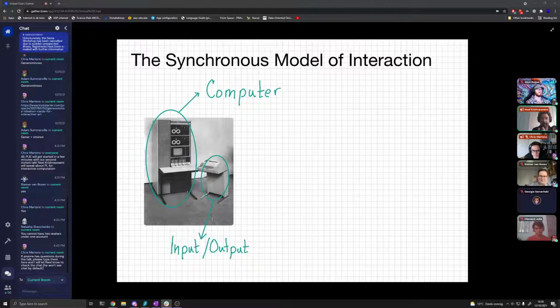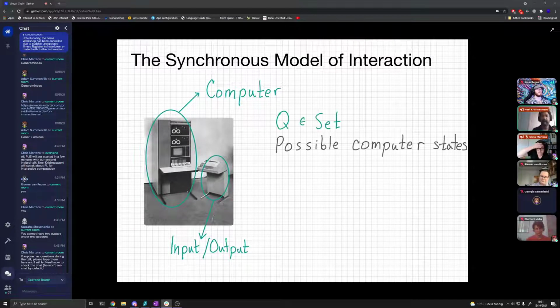And so you can imagine in the limit, every single keystroke gives you one very simple input, and every single byte that the computer writes out is one very simple output. And so this leads to the simplest model of interaction that people have thought up.